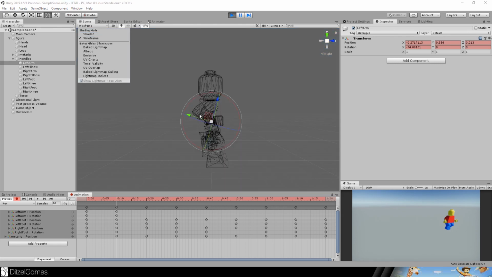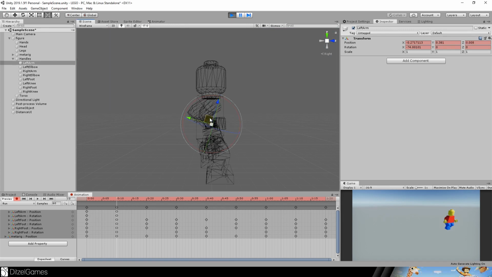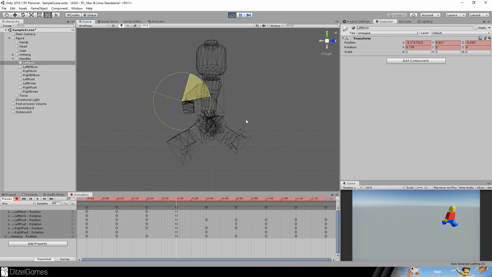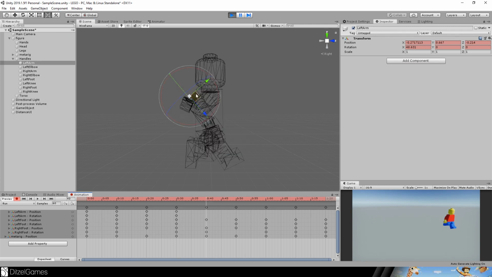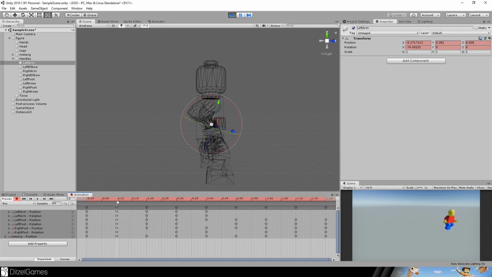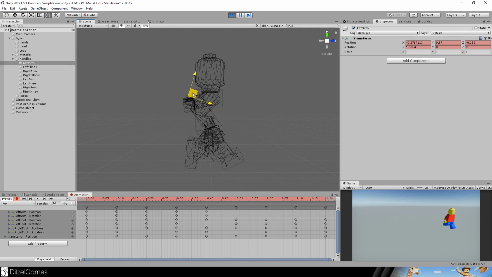Is there anything like a wireframe mode? Yes. Okay. Let's do this in wireframe since we do not see anything. Just move it slightly. And here we go. We just put it here. Okay, and now it has to slowly go back. Okay, let's recheck. There it is. A little bit back. And then a little bit back. And then it should be here, it should be the extreme position. And then we go slowly back to our